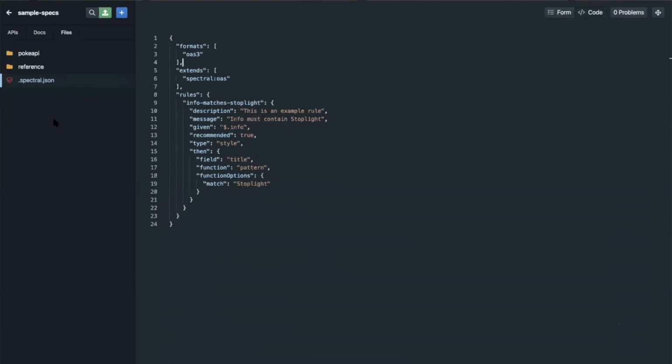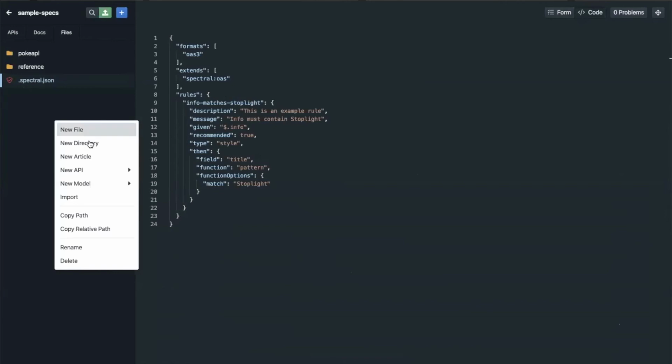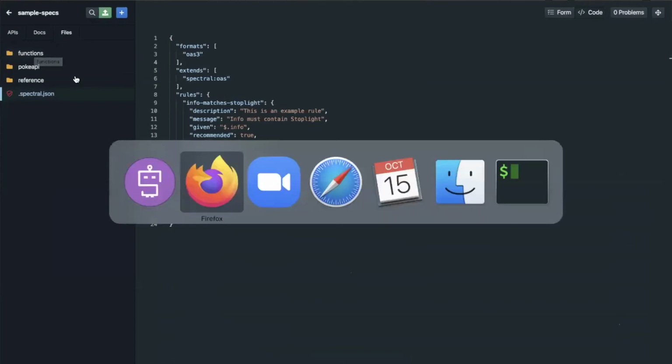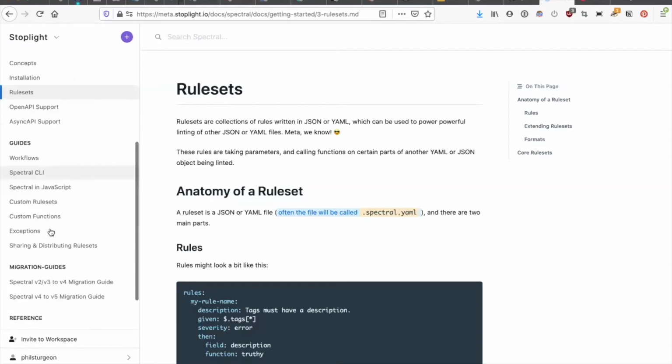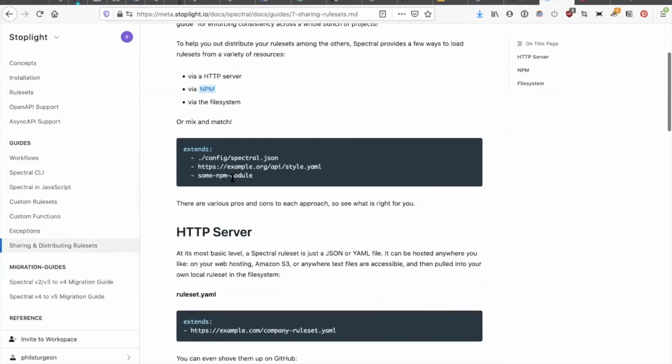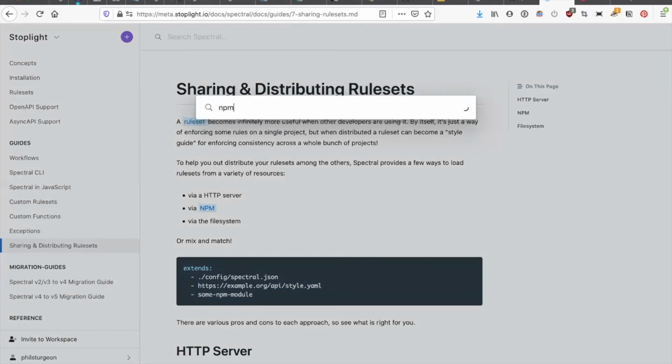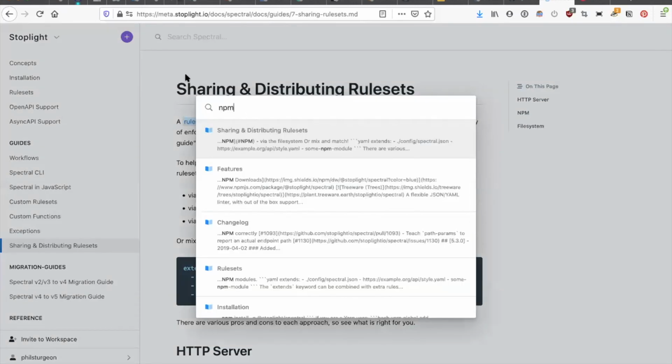And yeah, the only other thing that needs to be done is if you want to make functions, by default it uses functions. And of course, these functions will only be available inside that repo. So you might want to go with an npm module, but yeah, learning about folder structure for things like sharing and distributing, we have a document on that here. If you just search for npm, it'll probably find it, but yeah, there you go.